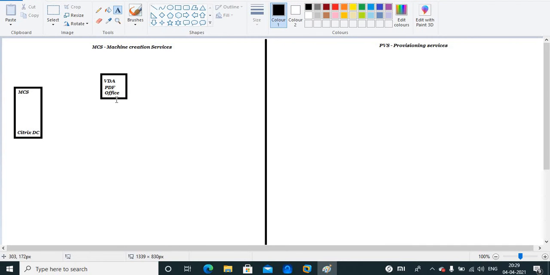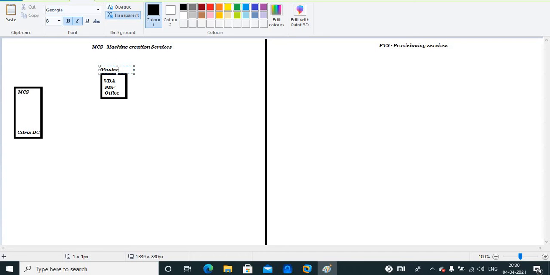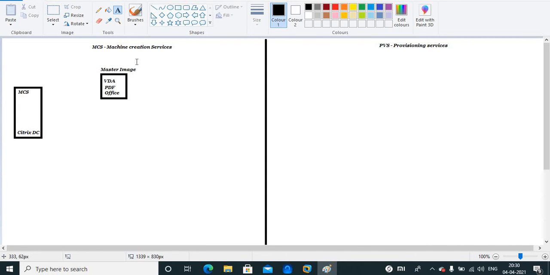Once the installation is done, at the time of installation of VDA, it will give us two options. First, install a VDA, simple, or second, create a master image. Then we'll create a master image. In Citrix we can say it's a golden image. If someone says it's a golden image, then the master image or golden image is the same thing. So we'll make this server a master image.